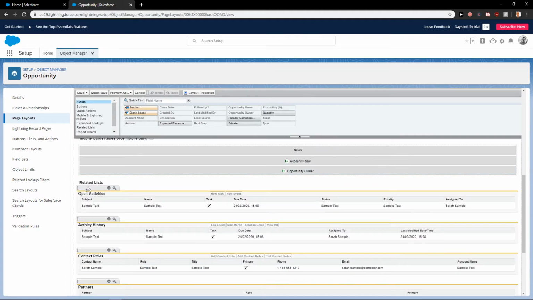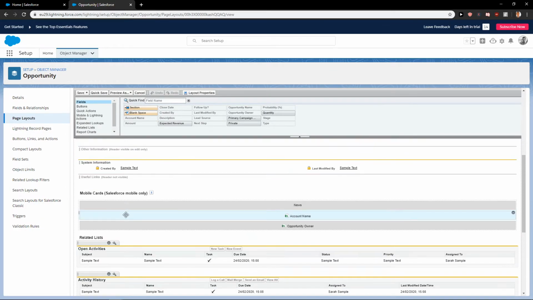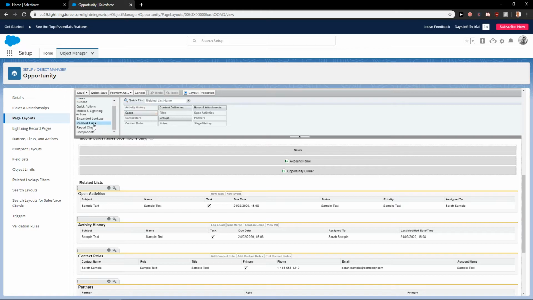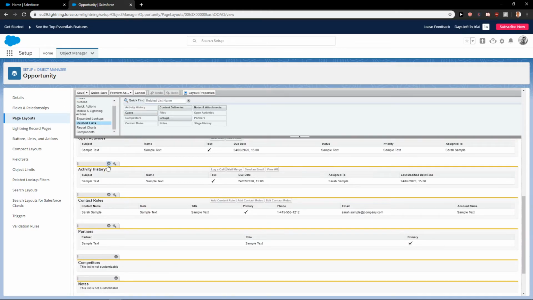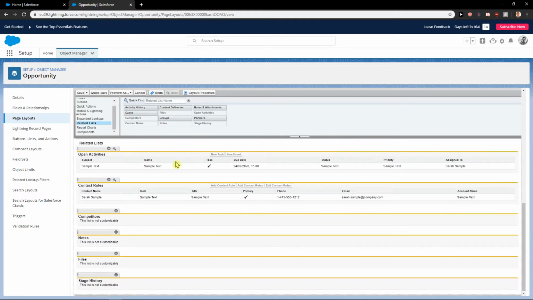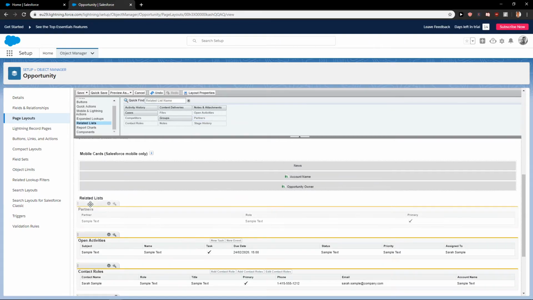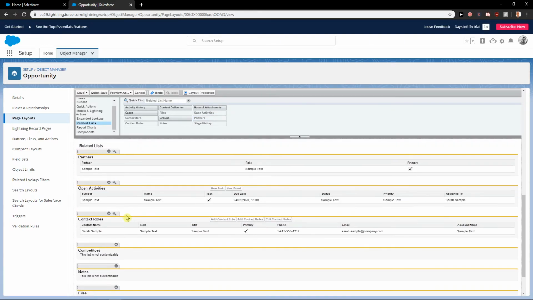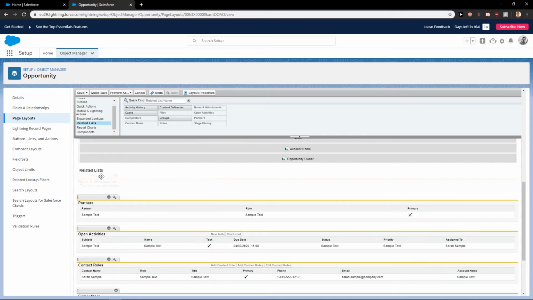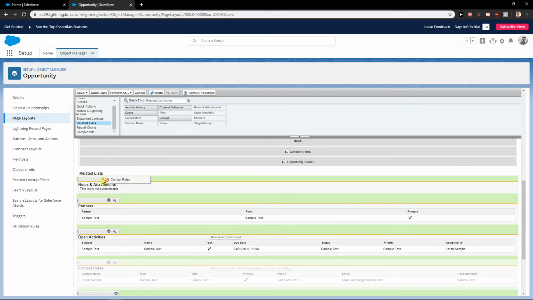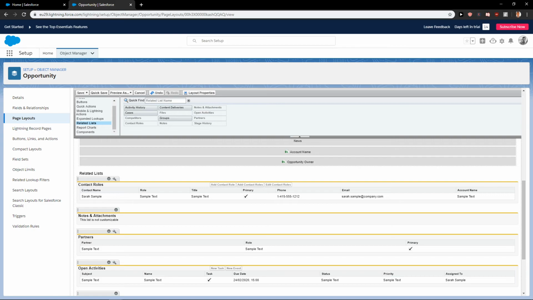Okay, and here you can see the related lists. So when I'm going here in this menu to Related Lists, you can delete this if you want, and you can add new ones here. That's quite simple, and you can move them after it like this. Really easy. So this is how you can